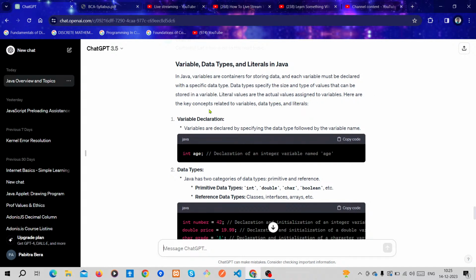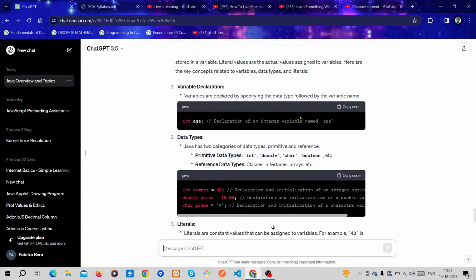Here are the key concepts related to variables, data types, and literals. So let's discuss variable declaration. How can you declare a variable in Java? Variables are declared by specifying the data type followed by the variable name.